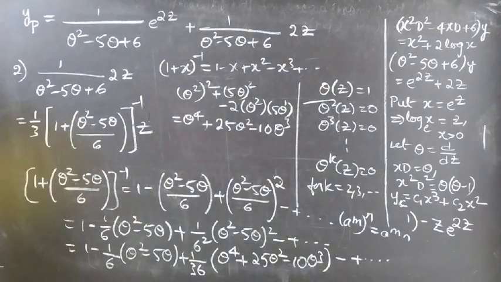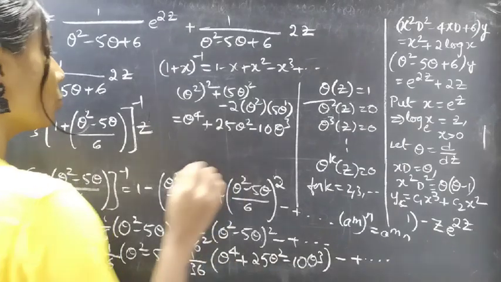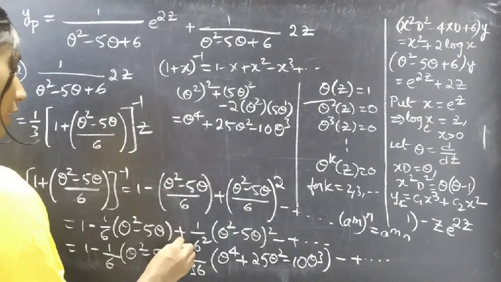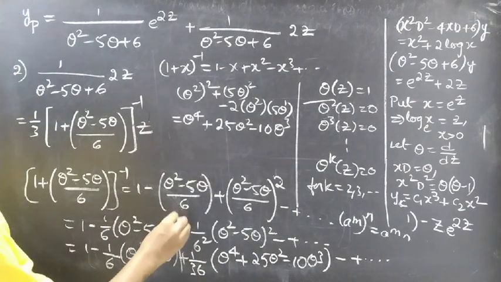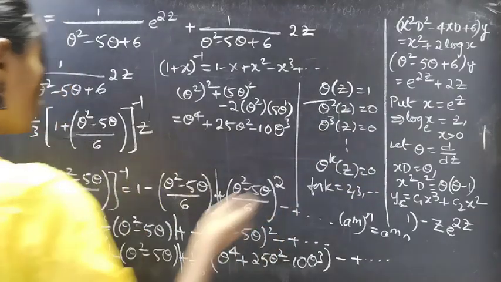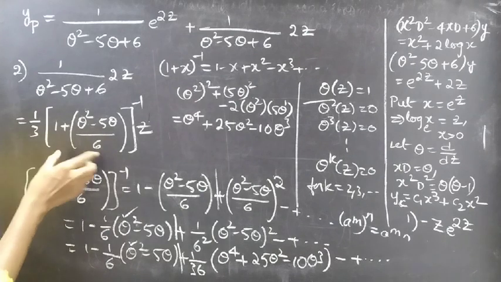So if you notice, in the third term we are having theta power 4, theta square, theta cube, which involve higher derivatives, right? So we can completely neglect all the terms from here. And also in the second term we are having theta square. Since theta square of z is 0, we can also neglect this theta square from the second term. Now coming to this